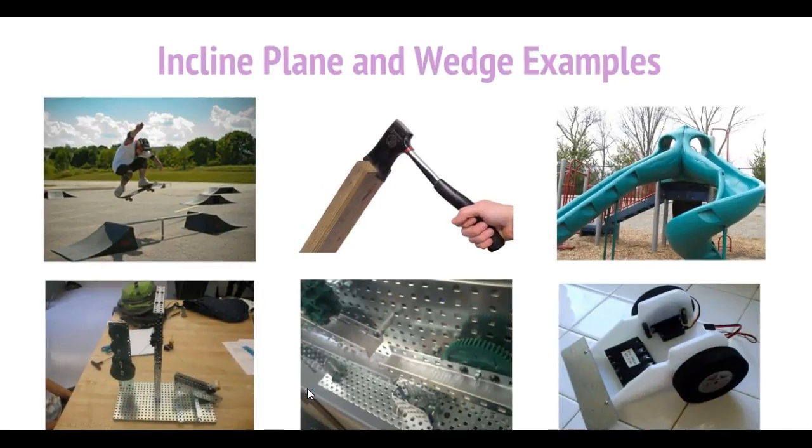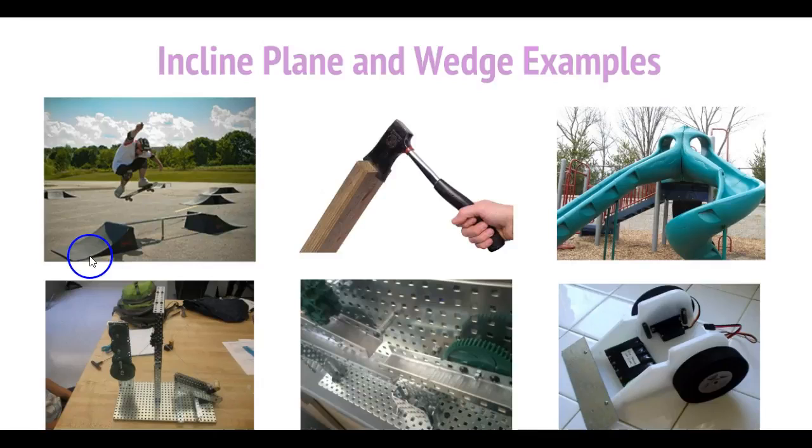All right, so let's look at some examples of different types of inclined planes and wedges that we use in everyday life, and then a few that we use with our mechanical builds. Right here we see our skateboard ramp. That's a pretty nice inclined plane. So a rider comes in right here off the ground, and then the ramp goes up, and it adds additional height. And we could always find out what our mechanical advantage is by doing our equation that we